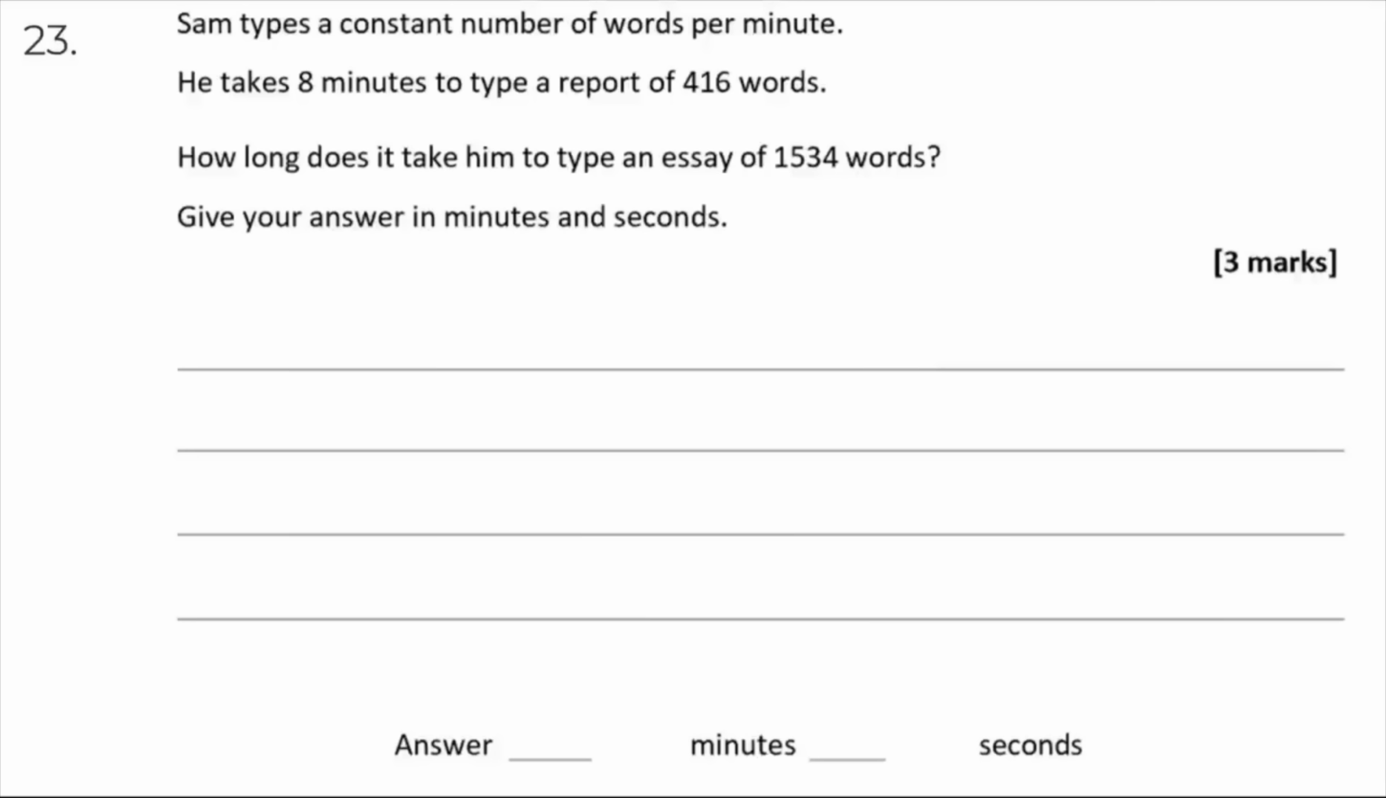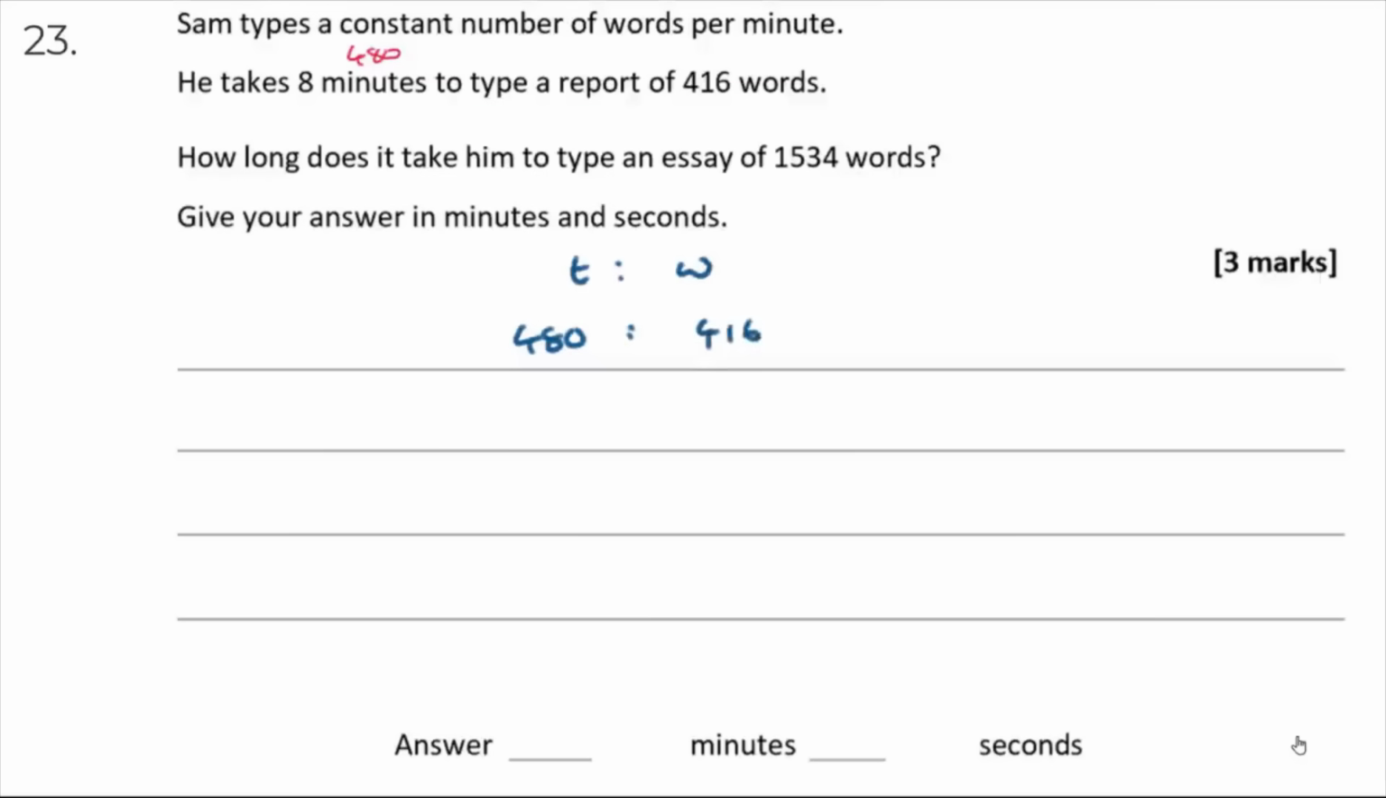Okay, so what I'm going to do is convert minutes into seconds to start with, because otherwise it's going to be difficult to calculate with. So 8 minutes, I can just type that into my calculator. 8 times 60, that's 480 seconds, isn't it? So I can write that as a ratio, can't I? If I do time to words as a ratio, I know it took him 480 seconds to produce